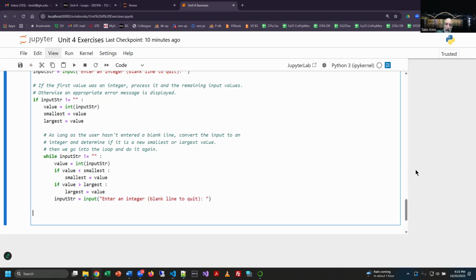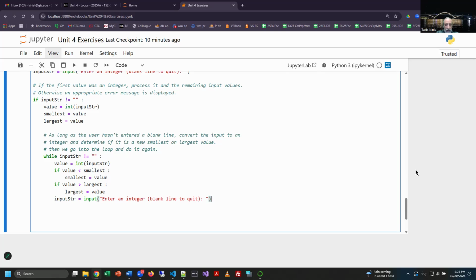Now, I'm going to come out of the loop, but I am going to come back in, and I really want to be at the same level with the while loop. So not with the indent of the while loop, but back one layer there. And then we're going to show the output. We're going to say,